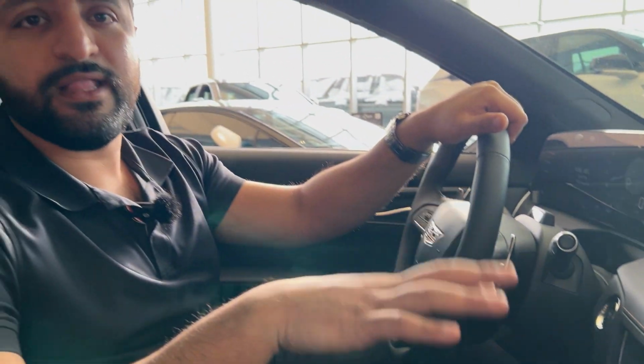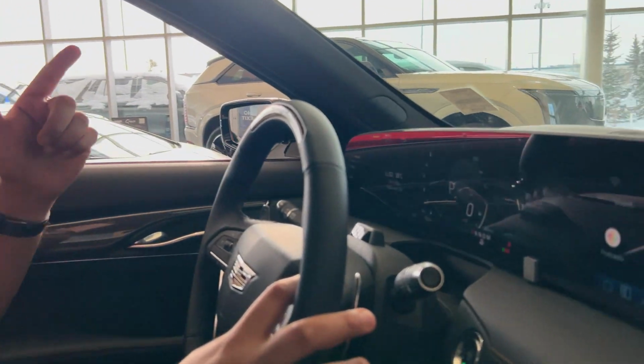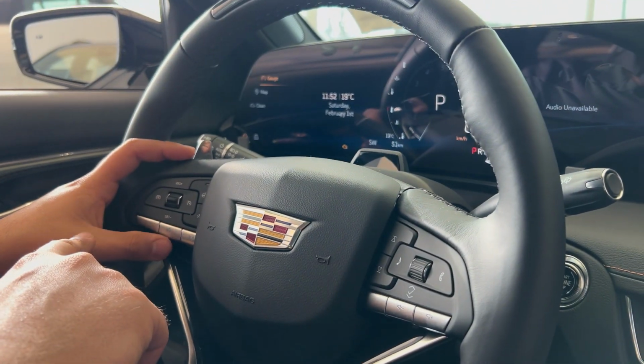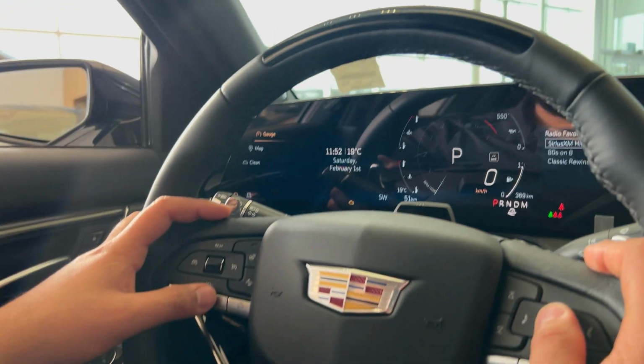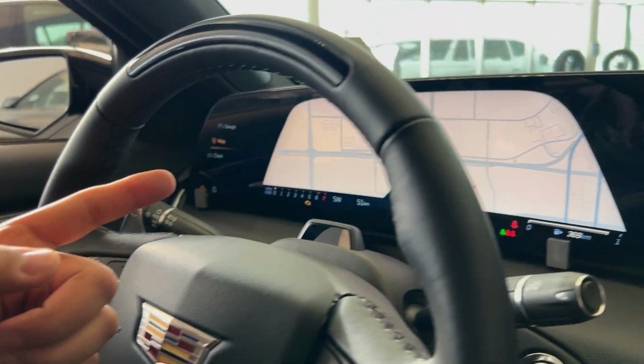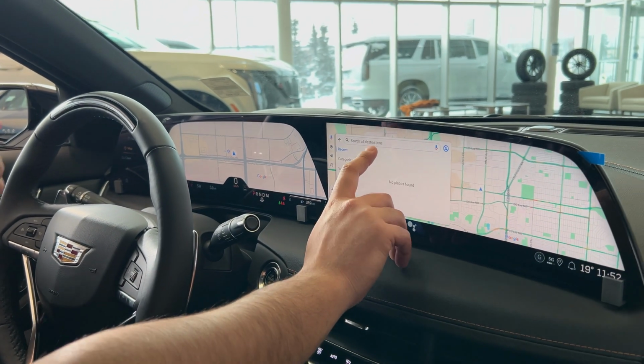And you get all that for 3 years with the remote access and the OnStar that's already built in, right? And if you look into my screen right here, you do have, of course, the heated steering wheel option and Super Cruise buttons, which I was talking to you about. And you can do another thing here. Touch on the screen on the side here, and you can throw your map on the screen. For example, if you are projected to go to a certain space, let's say,